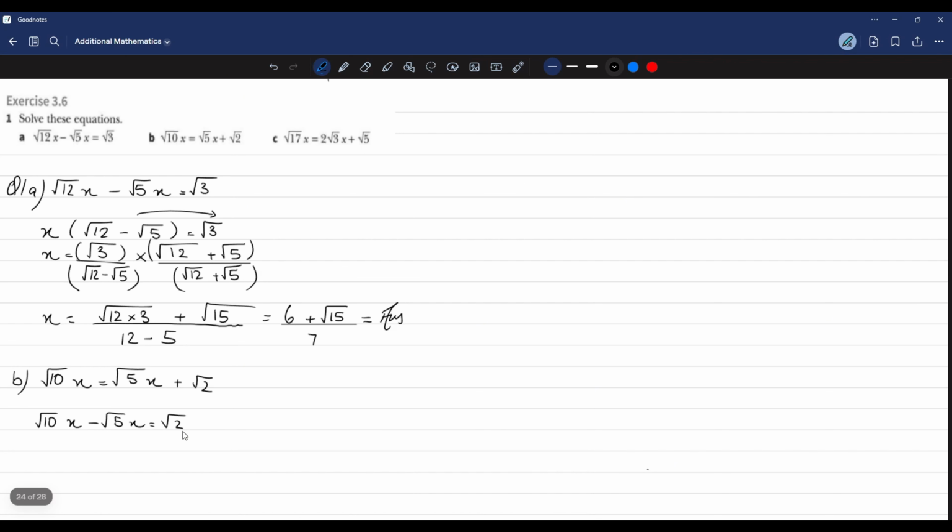As you might have noticed, we can take x as the common factor, just as we did in the previous part, and say that under root 10 minus under root 5, multiplied by x, is equal to under root of 2. So x would be equal to under root of 2